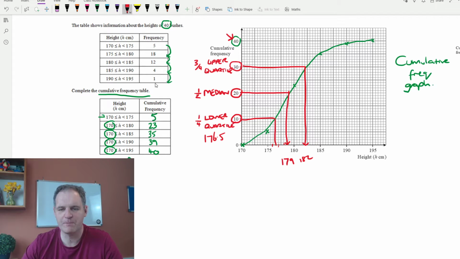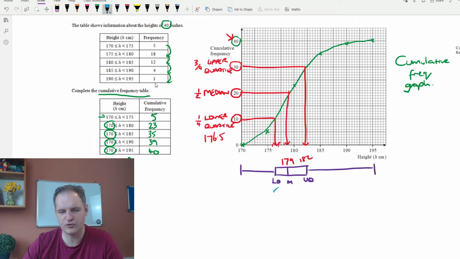And finally, the best bit about doing it on the graph like this, if you leave space below it, you can draw a box plot by putting a line for your smallest data, a line for your biggest data, and just use your ruler, leave a bit of space, and carry on those lines. If you turn those middle 3 lines into a box, that is the box plot of the data. Although this is not on box plots, a reminder, a box plot is the lower quartile, the median, and the upper quartile. The gap between those two is called the interquartile range, or IQR,